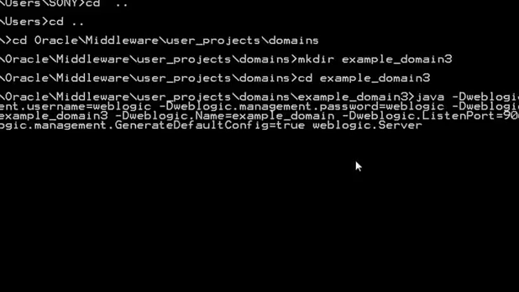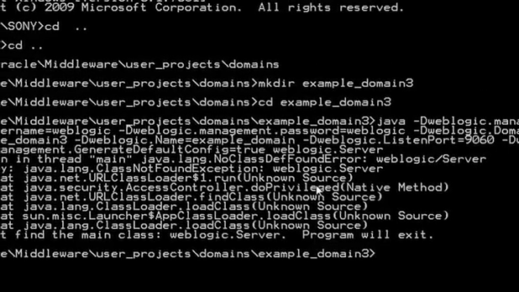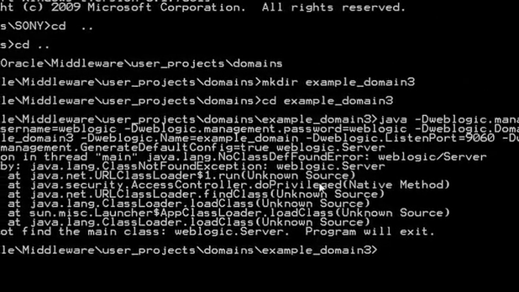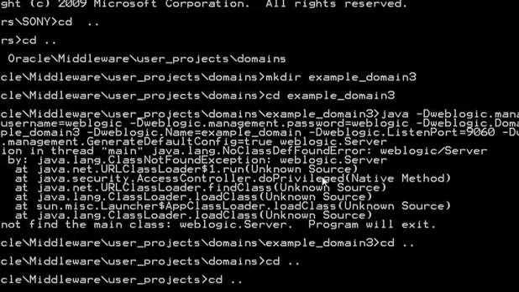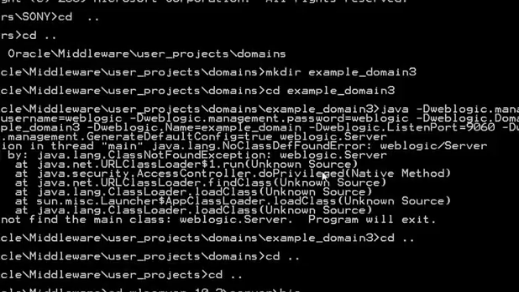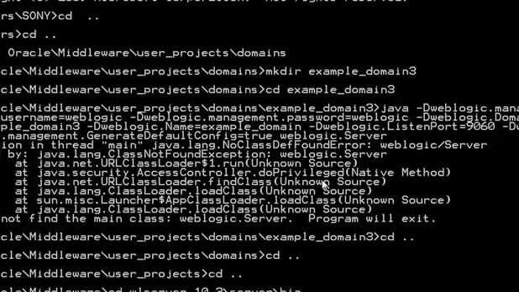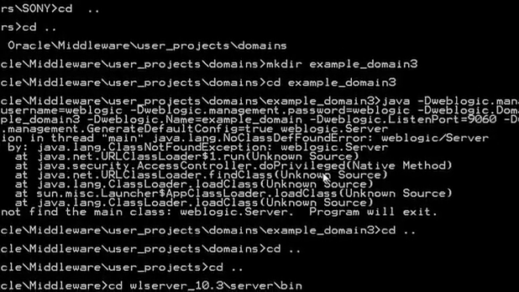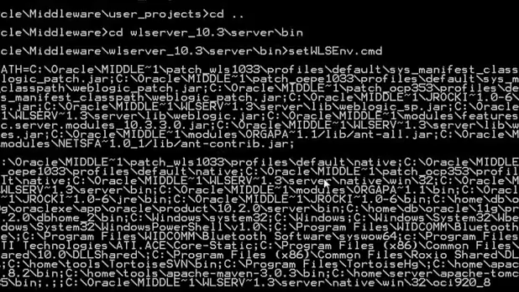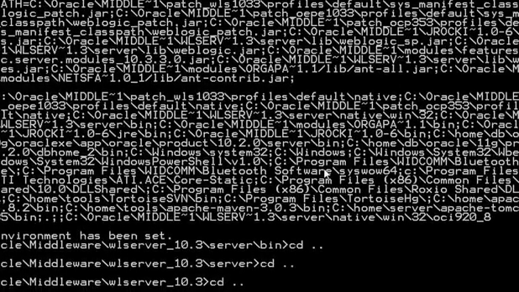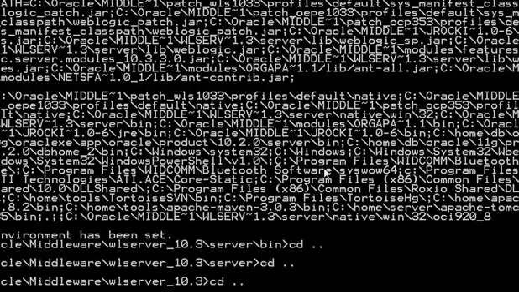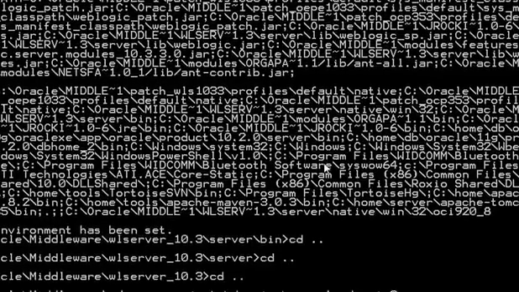So now it won't work because we didn't set the environment properly, so we should go back to server bin. Here, execute the set WebLogic server environment command, come back to the domain directory example_domain_3,